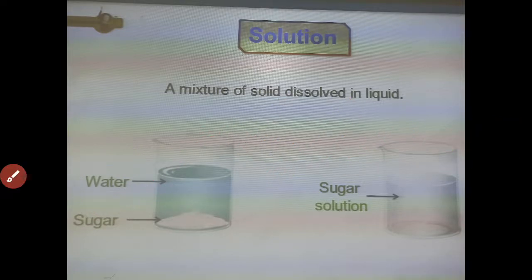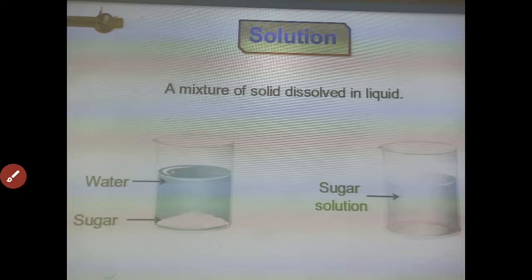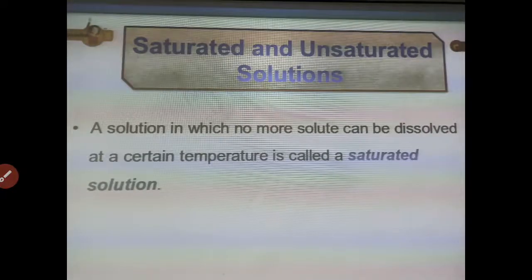Generally, whenever we have a solution, most of the times, the water is present in the larger amount. That's why water is mostly the solvent. Water will work as a solvent in most of the cases, and there can be other solutes which are dissolved in water, for example sugar, salt, or any other type of material. Now we got to know the meaning of solute and solvent.